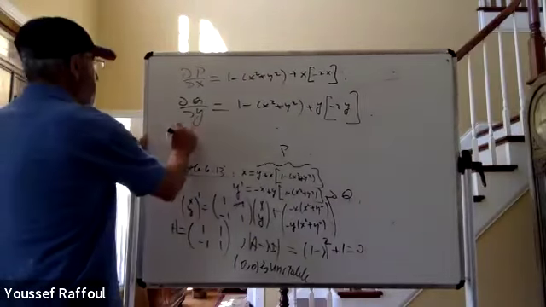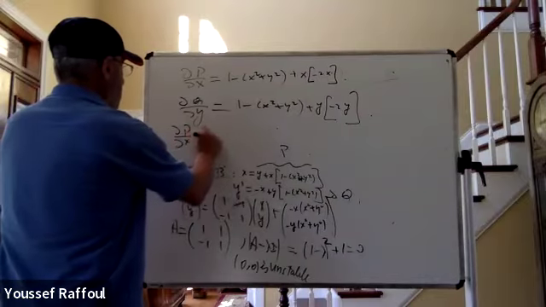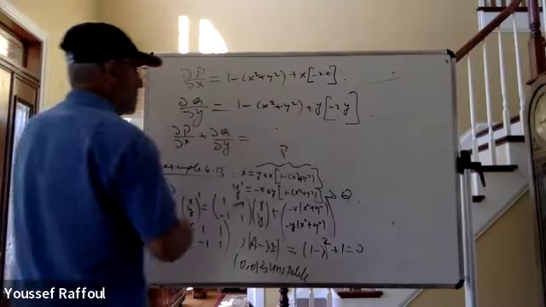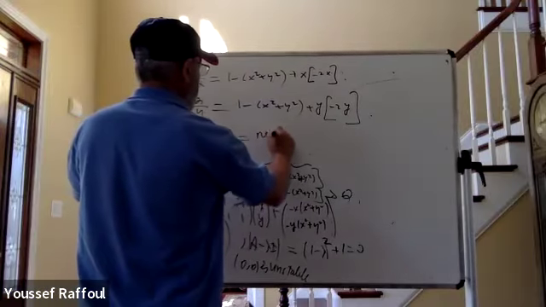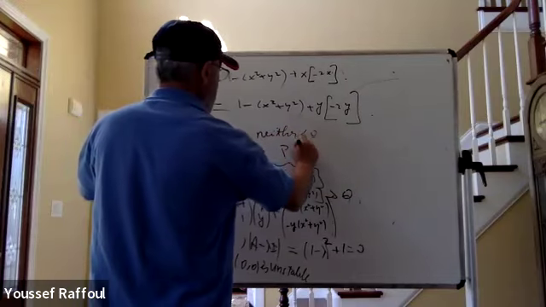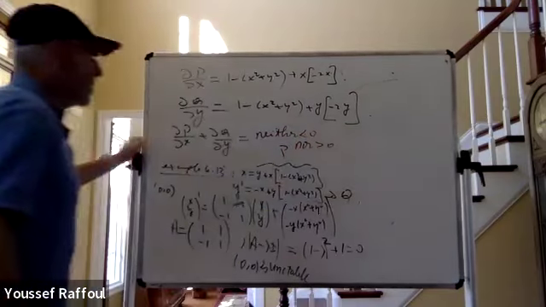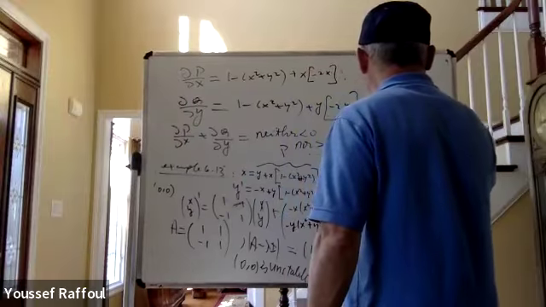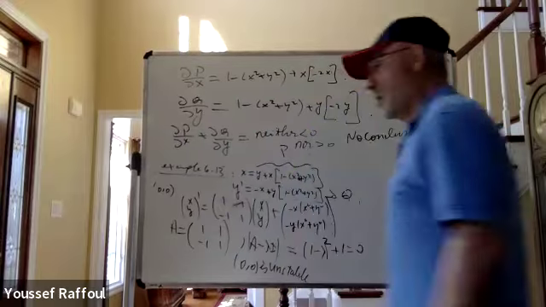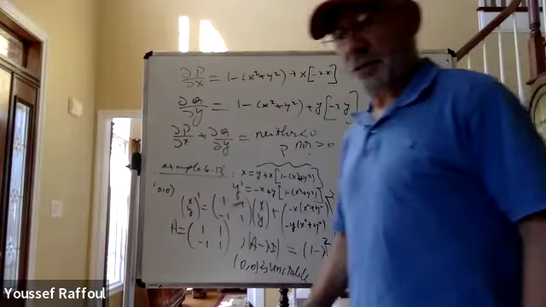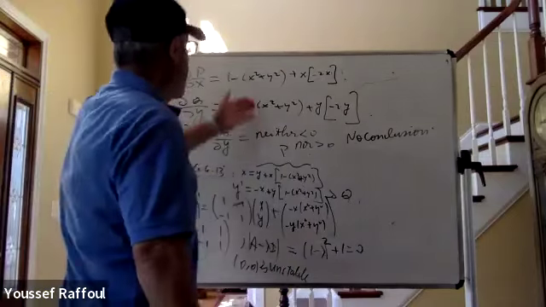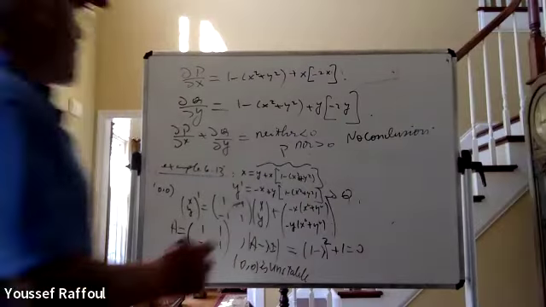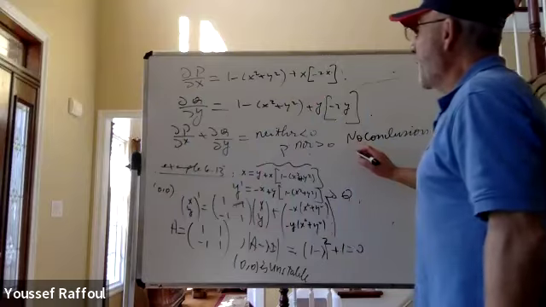So if you add them up, you get a bunch of garbage. It's neither positive nor bigger than 0. So you don't know. So no conclusions. No conclusion. Because if you add this one to this one, you're going to get a lot of garbage. So actually, if you add it up, you're going to get